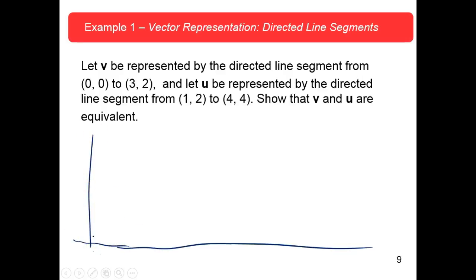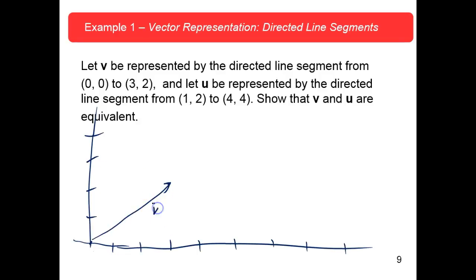Okay, so let's tick off a few points. Here, of course, is 0, 0. We'll do 1, 2, 3, 4, 5, 6, 7, 8. We won't need that many. 1, 2, 3, 4. So here's 0, 0, and here's 3, 2. You know how to do Cartesian coordinates. There is the vector